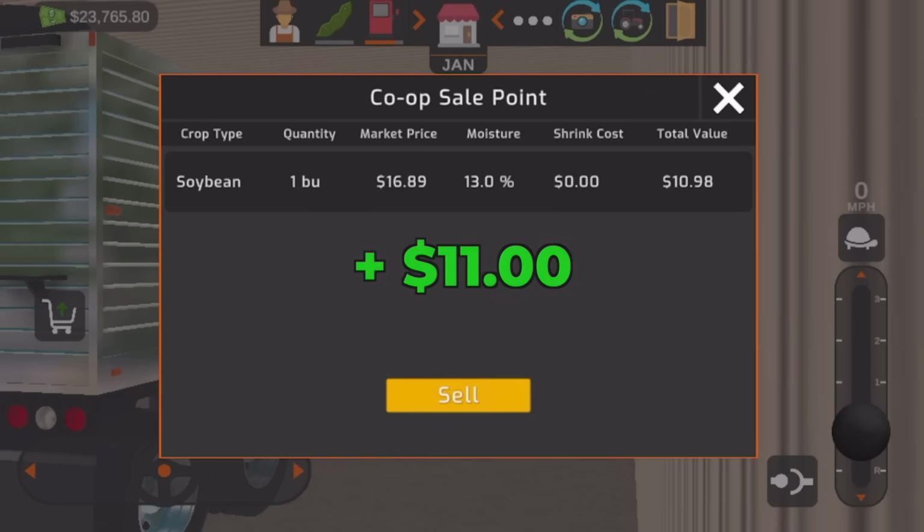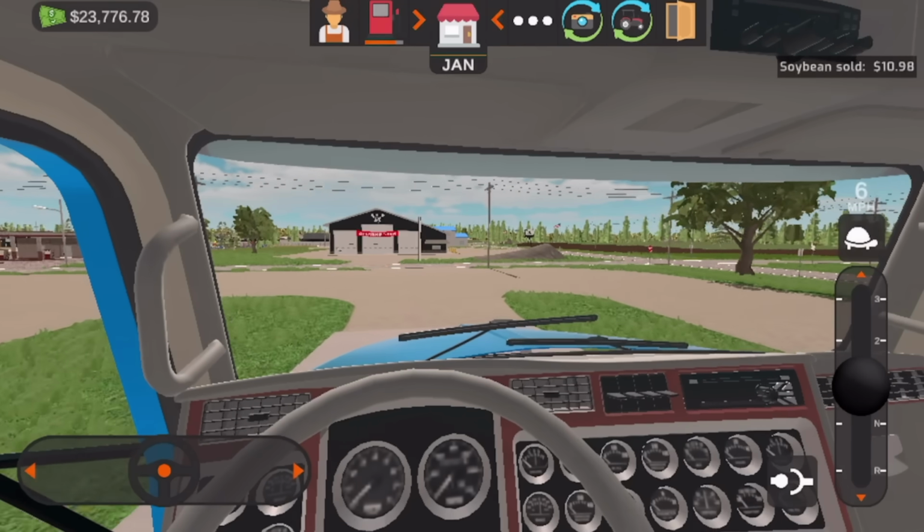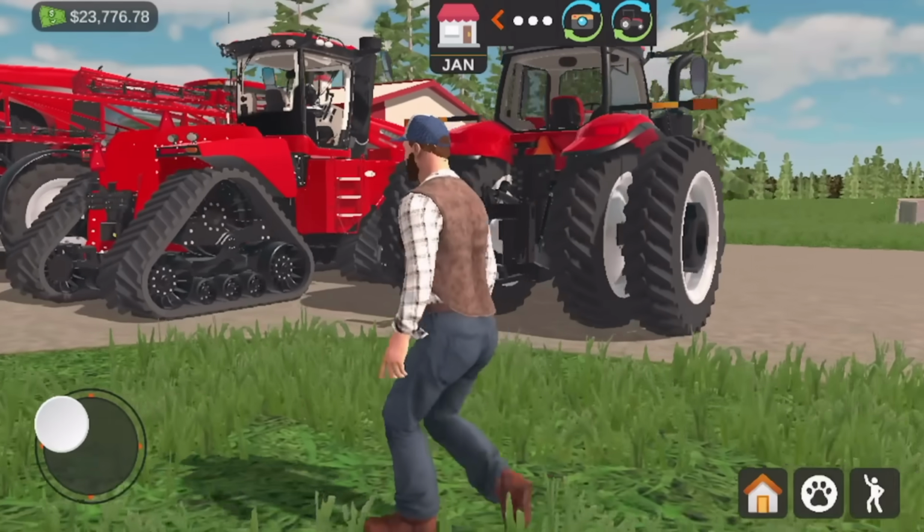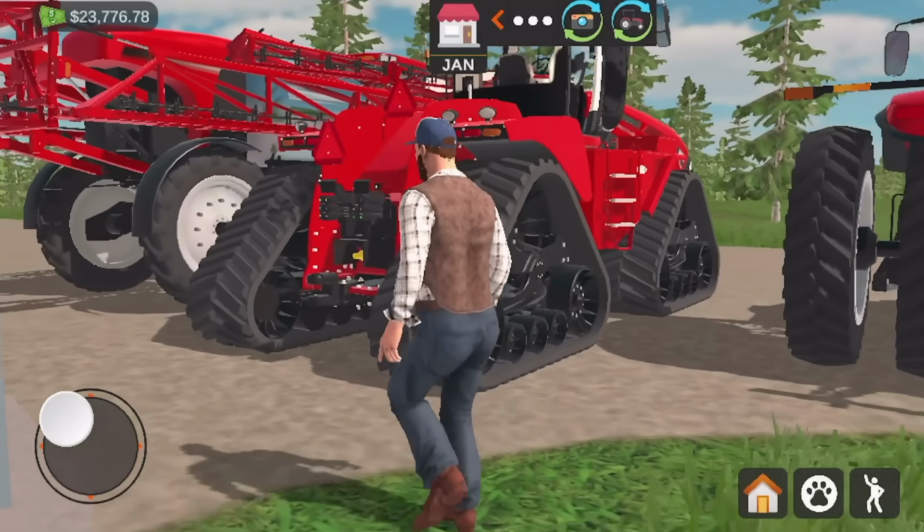Moment of truth. $11. That's sad. That pays for like a third of the fuel that I had to put in my truck this morning. At least now we have another open bin. With all the grain work done, I want to shift over to the 715 quad track and get started on